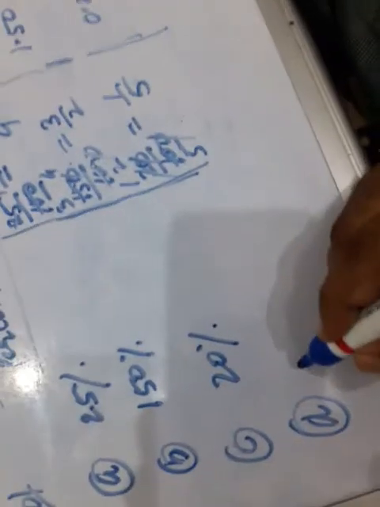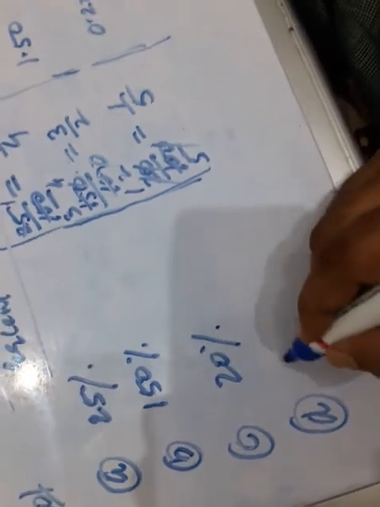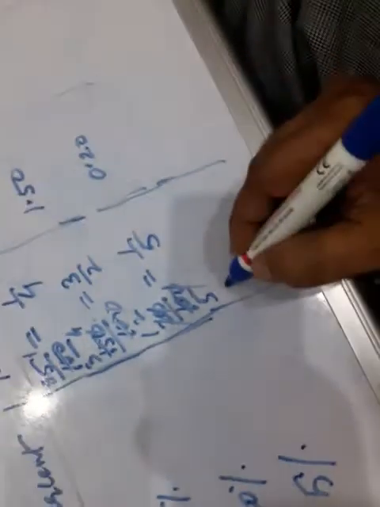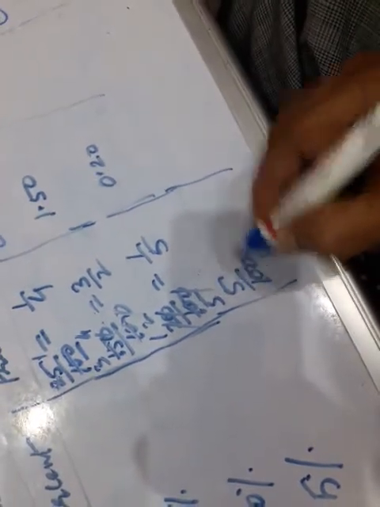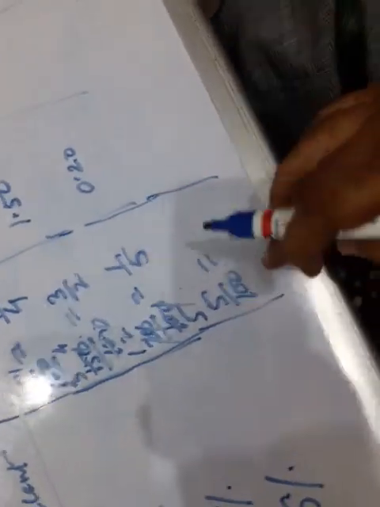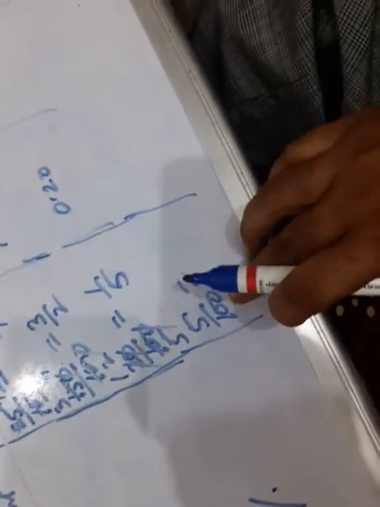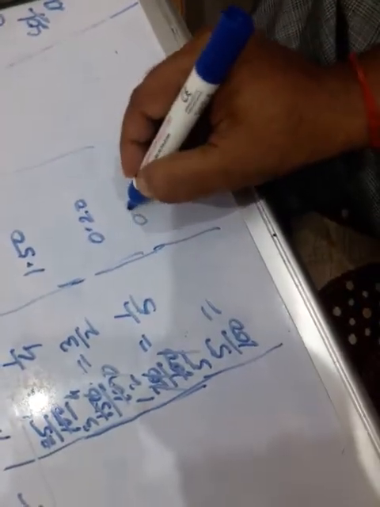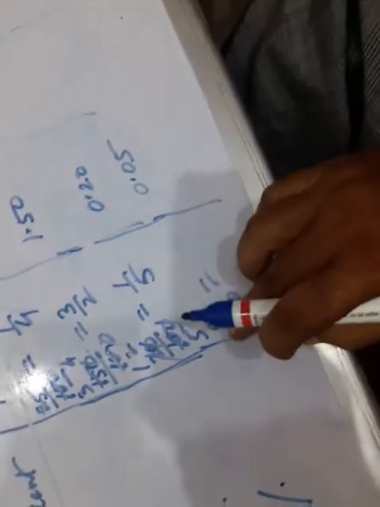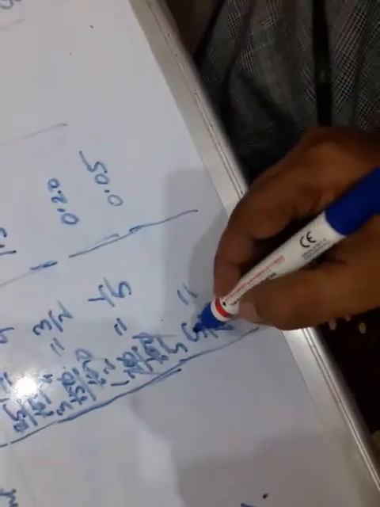That is, what is D? D part is 5%. 5% means nothing but 5 upon 100. Out of 100, 5 upon 100. Now you see how many zeros are there in the denominator? 2 zeros. So the decimal point will be shifted to the left by 2 digits. That is 0.05. Here 1 zero is required, children, that we have filled in on our own. 0.05. Here only 1 digit is there.